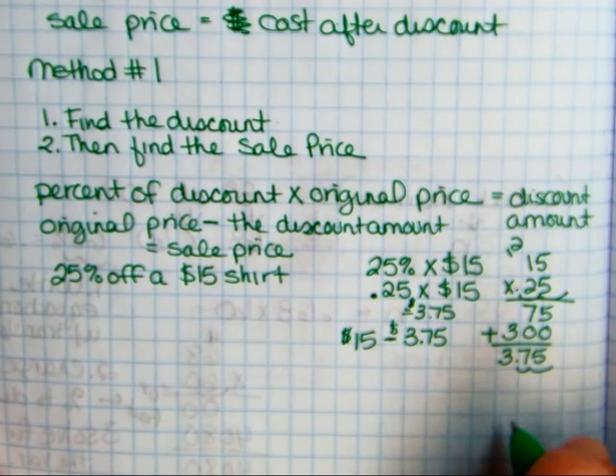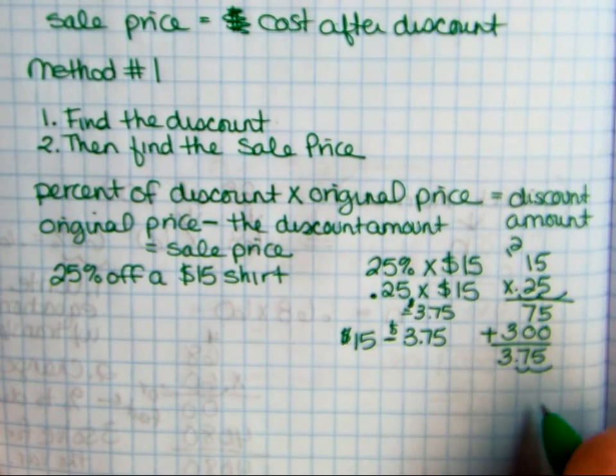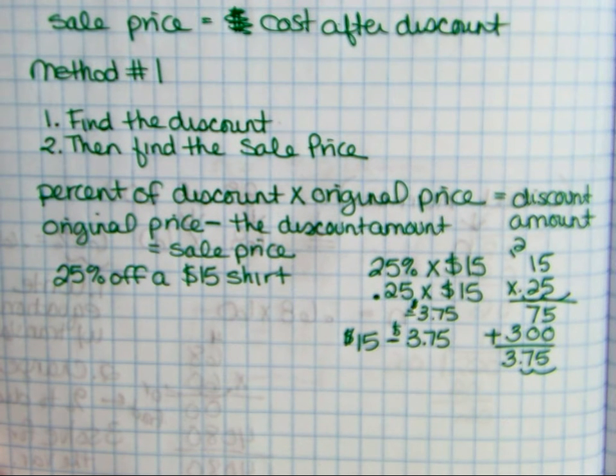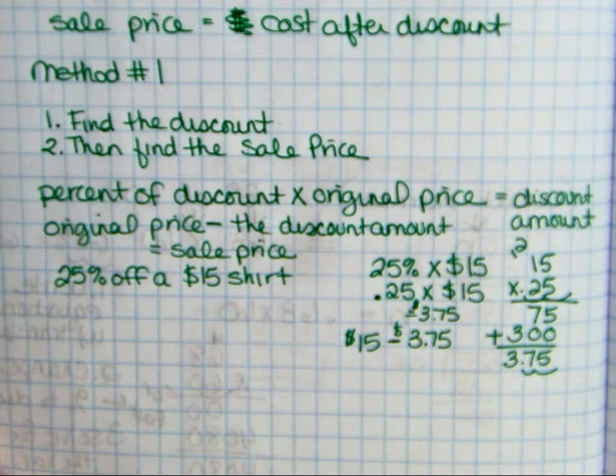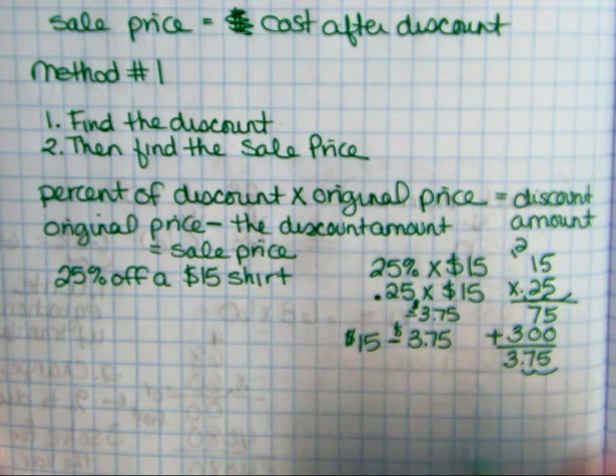So I'm going to do that. And I know I'm going to do this kind of mentally. I could write it out, but I'm going to do it mentally because I know if I've got $3.75 and I add a quarter, then I'm going to have $4. And if I go 5, 6, 7, 8, 9, 10, 11, 12, 13, 14, 15, that's 11. So I have